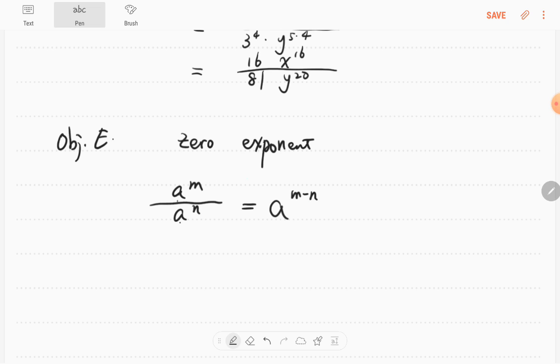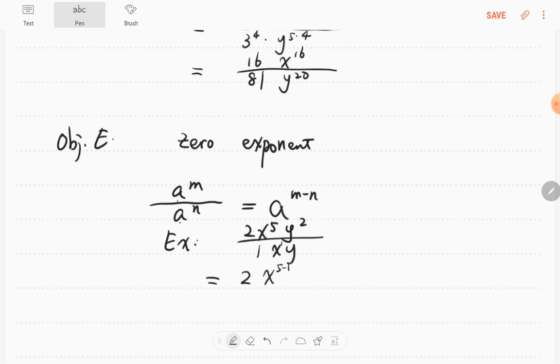Okay, so let's check an example. For example, we have 2x to the 5y. So let's check it one by one. The first term here is 2 on the top, right? But the bottom, we do not have any number, so you can treat it as 1. So the first term, number divided by number, we have 2 divided by 1, we have 2. Then the second part is the x to the 5 divided by the x to the 1 actually here. So we will keep the x, the common base,